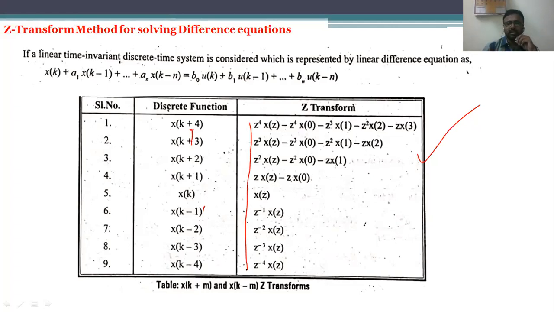These are the properties. Z transform properties, that is nothing but the shifting property. Left shift or right shift. Left shift is also called negative terms. Why? Because k minus n terms are going to be there. So the left shift is called the delay, and right shift terms are called the advance. So the right shifting operation happens for discrete functions as x of k plus n, and delay operations happen for the functions x of k minus n.